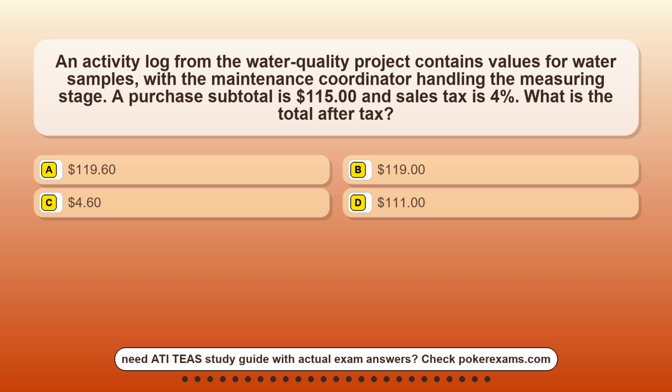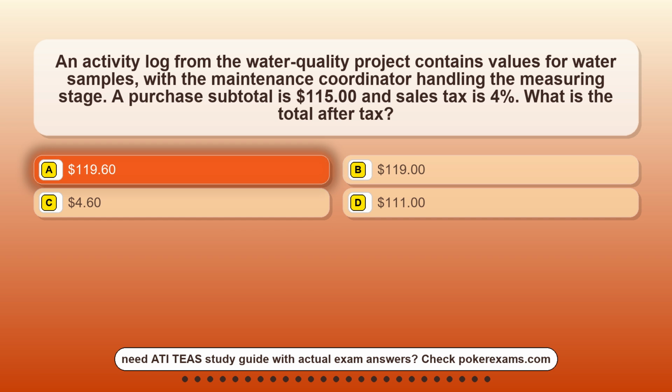An activity log from the Water Quality project contains values for water samples, with the maintenance coordinator handling the measuring stage. A purchase subtotal is $115 and sales tax is 4%. What is the total after tax? Option A, $119.60. Option B, $119. Option C, $4.60. Option D, $111. The correct answer is option A,